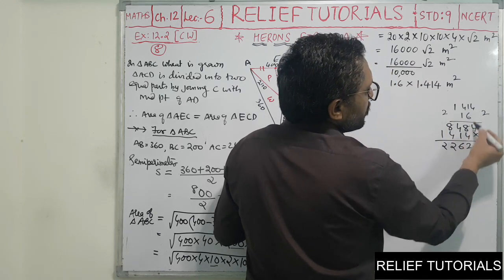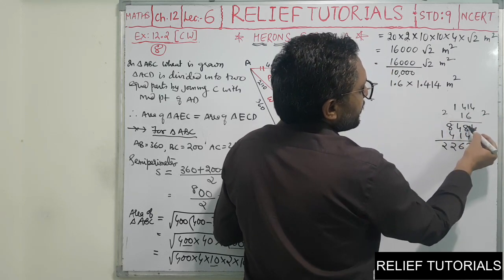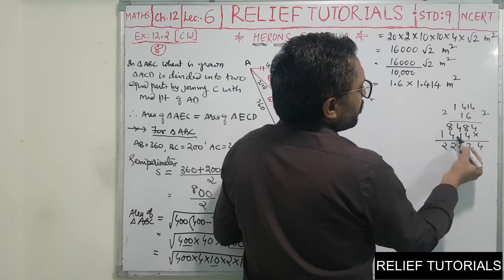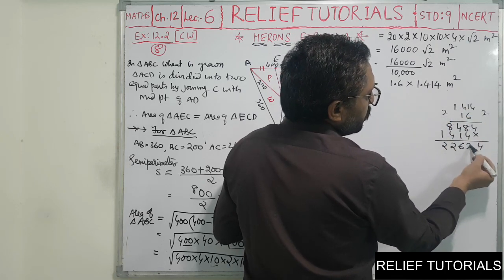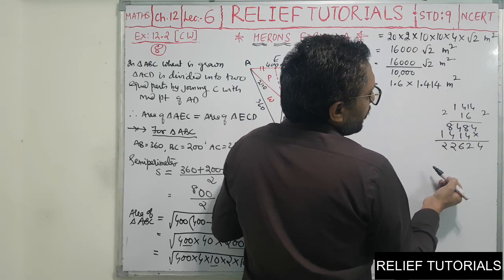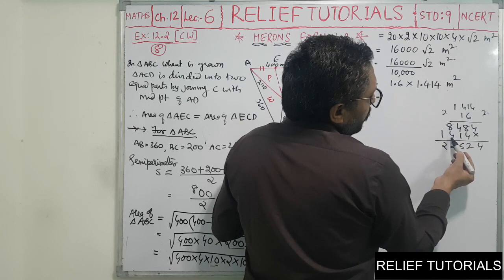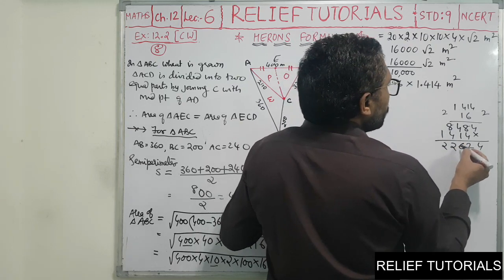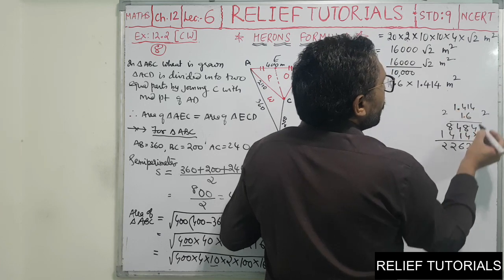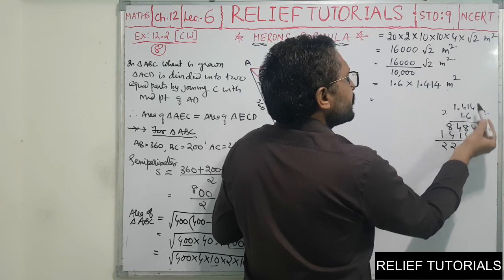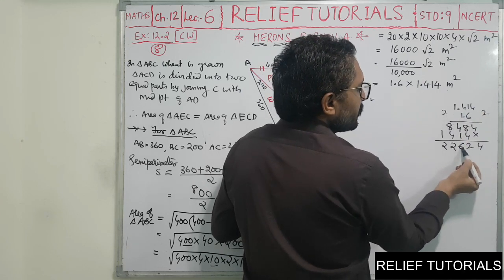See once again, 6 4s are 24, carry 2, 1 6 6 8, 6 4s are 24, 4, carry 2, 8. Then here 1 4 1 4 4, 8 4 12, carry 1, 4 5 6. Okay. 8 and 4, 12, 2, carry 1. So 22, and there after 4 digit. See, after decimal you have 3 digit, here you have 1 digit. So total 4 digits. So 1, 2, 3, 4.